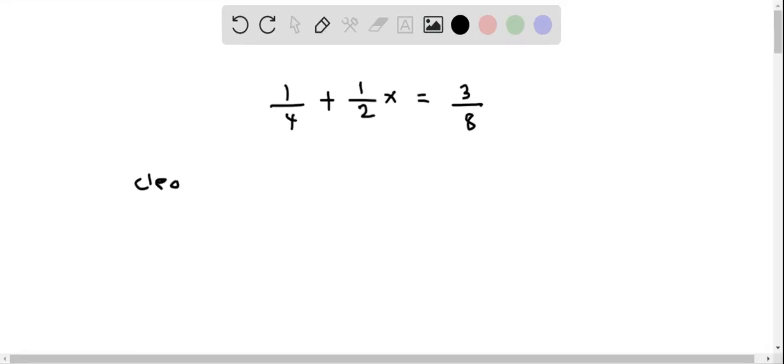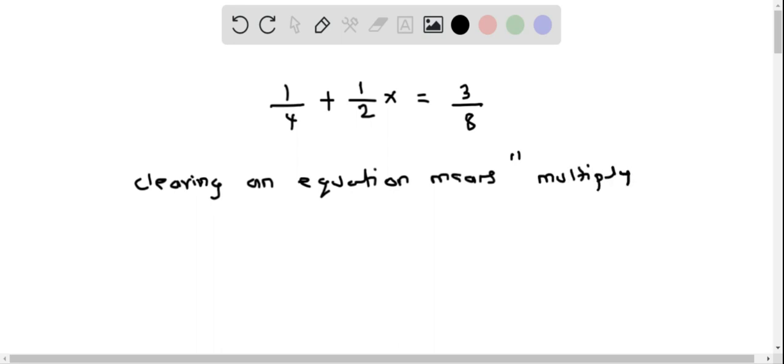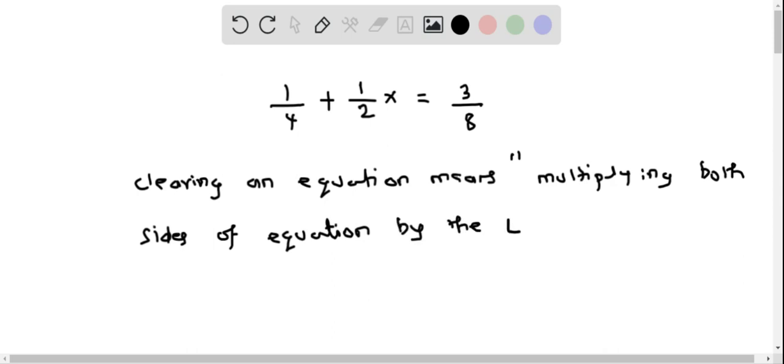Clearing an equation means multiplying both sides of the equation by the least common denominator, which I write as LCD, or it is also called the least common multiple, so